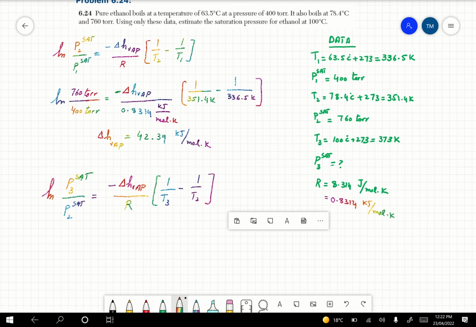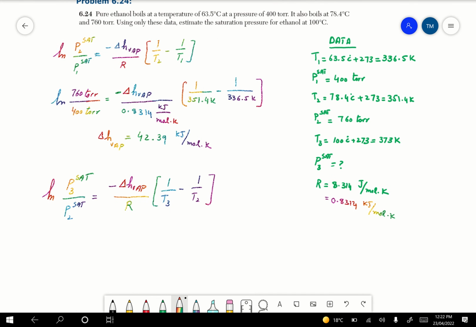Now we will just put in the values, because we have all the information except P3 sat. So ln of P3 sat over P2 sat,